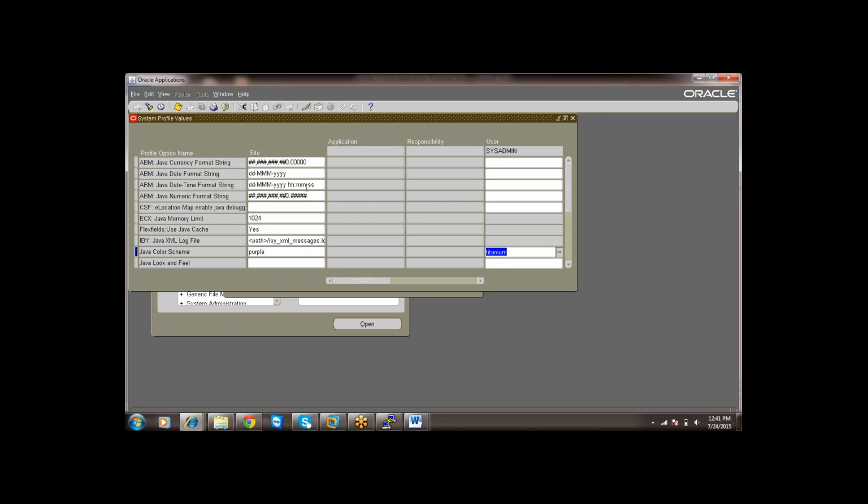The site level option is purple. Let us think that for all users the option will be purple and I'm changing to titanium. It's my special interest. I have changed it at user level, so the user level option is what will be reflected for that particular user.